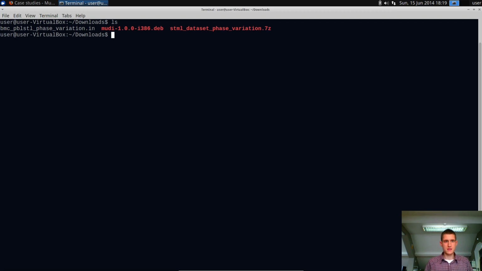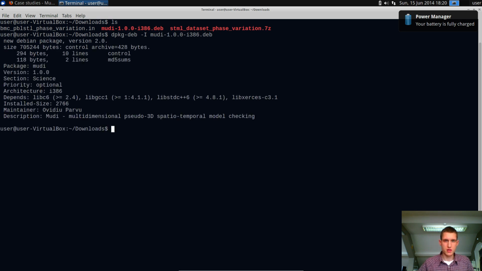So first of all, let's install Mudi, and I'll just show you that Mudi depends on another package which is called libxerces, so it's another library, and of course it depends on libc, libgcc, libstdc++, but these are usually distributed with Linux distributions by default, so you'll probably have these. What you'll require extra is the libxerces